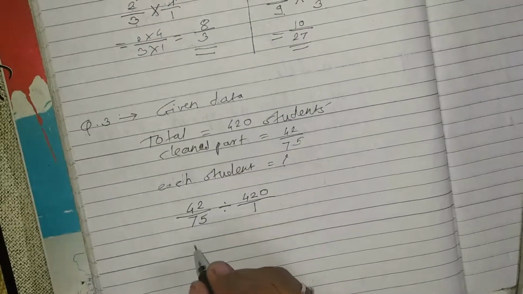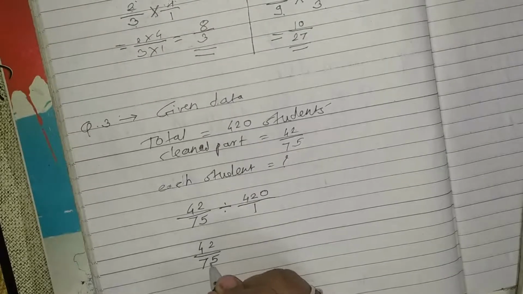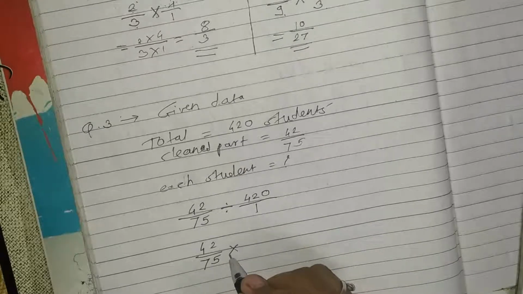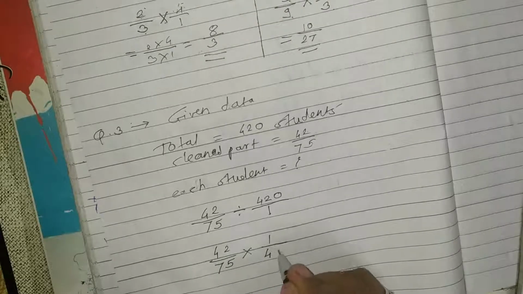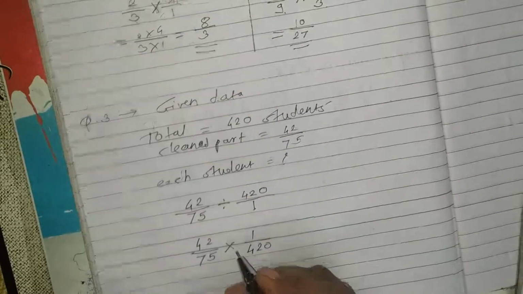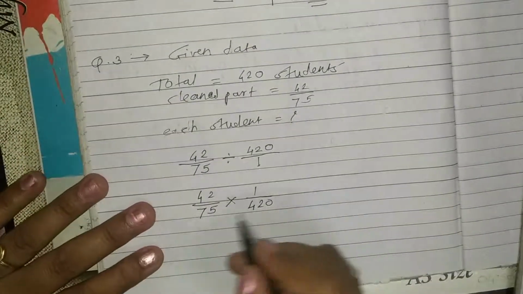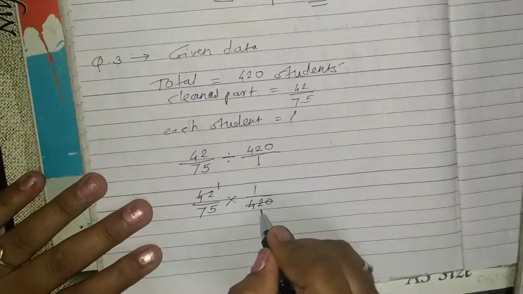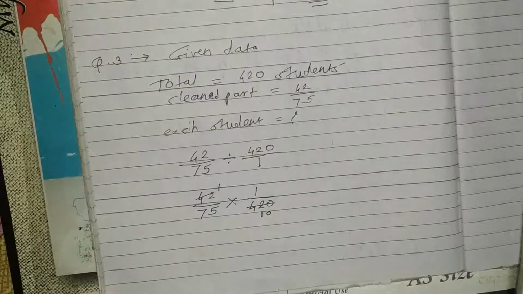एका मुलाचं निघेल ह्या डिव्हिजननी. 42/75 as it is, as now it's a division problem. Divide becomes multiply and this becomes reverse. See, ह्याला फक्त उलटा केला आपण, reciprocal, like as I showed. So here you can use the reduction method. 42 and 420 same number. 42 ones are 42, 42 tens are 420.